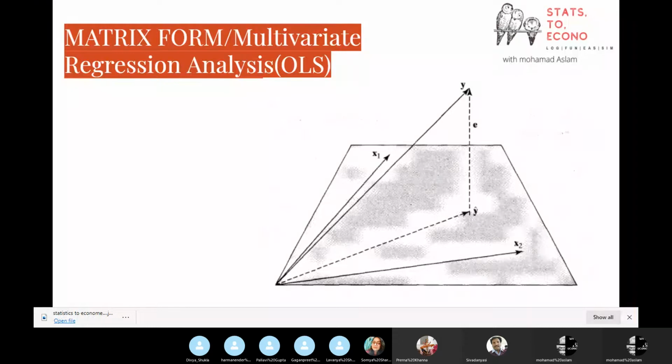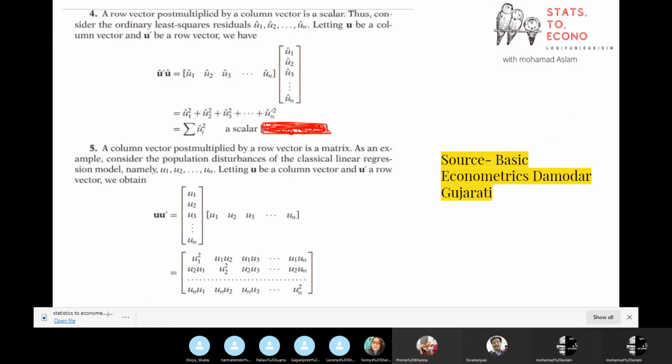So first just try to understand multivariate regression analysis: if you have more than one independent variable, how can you estimate these betas? Now you have partial slope coefficients for all the independent variables, so there are more than two sample estimates. So again, the idea in the background is